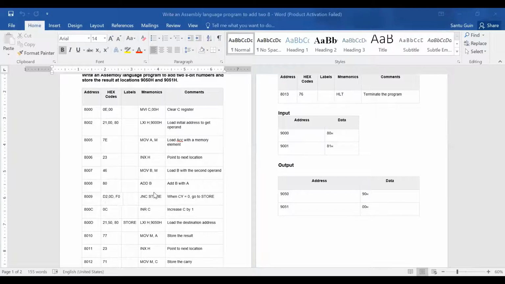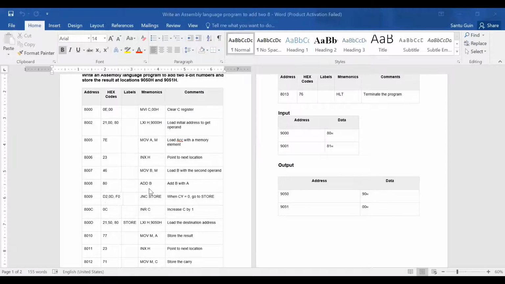W and Z are not available to you, because these two temporary registers are valid only for the internal operation of the microprocessor itself. So how can you get that 9th bit? That's why there is a technique to store the carry bit, the extra 9th bit. And what is the technique?